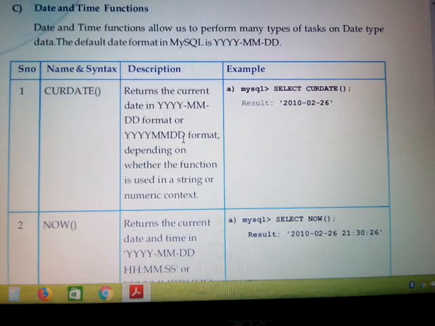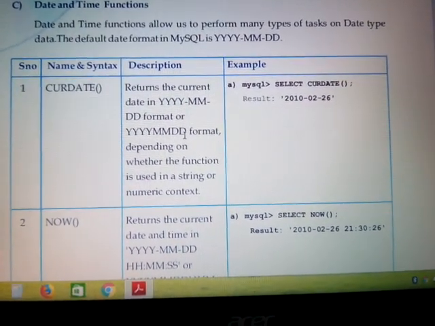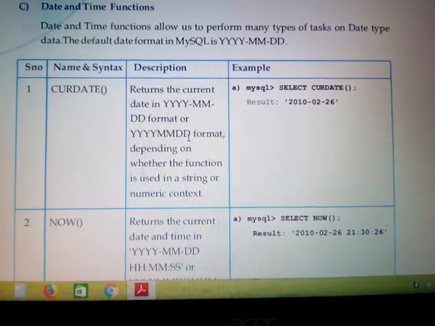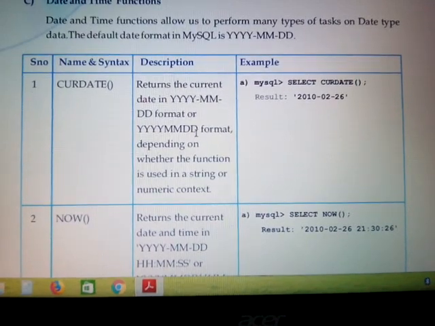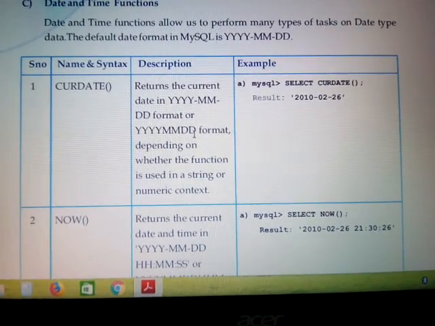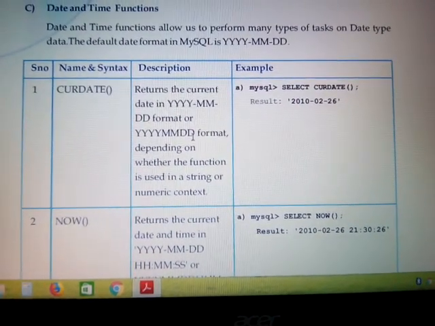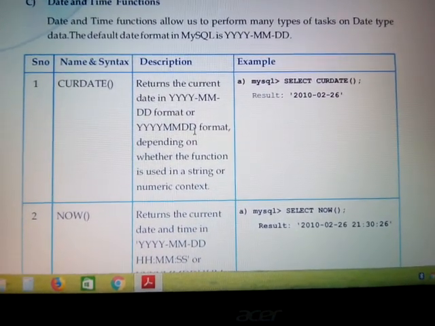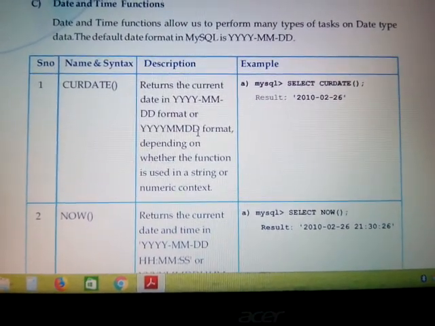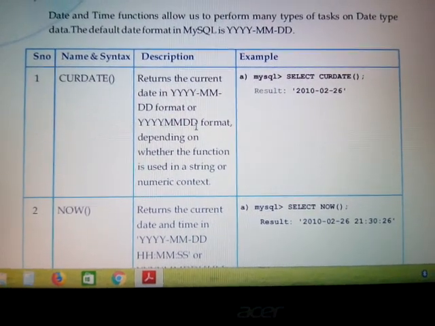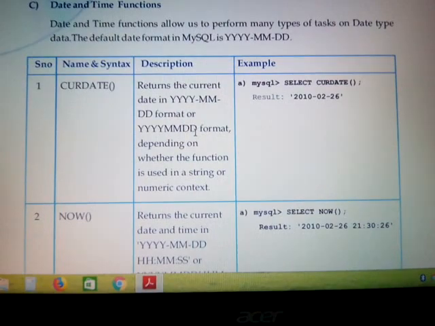The name itself makes it clear: date and time functions perform tasks upon date and time type data. As we know very well, if we include a date, we make use of date as the data type. So if any sort of functioning is to be done on that date data type, we will be seeing certain functions which can work upon the date and time data type.